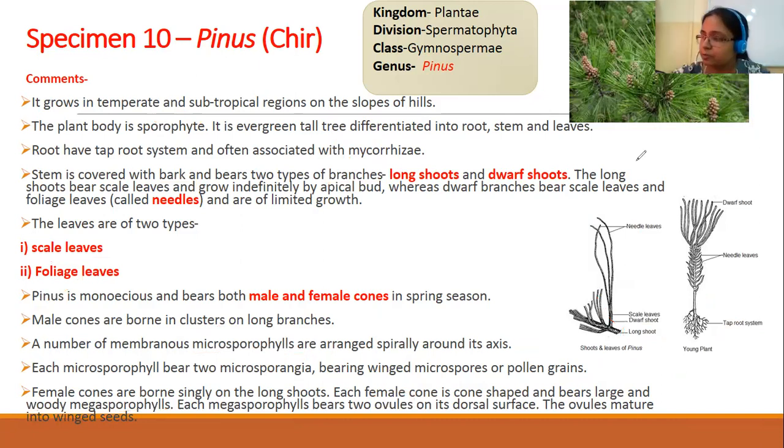Now we also have the specimen of it. I show you a specimen. Here you can see this is the specimen of Pinus. Here you can see this is the long shoot bearing numerous needle-like leaves on it. If this specimen comes in the exam, you have to write 2 to 3 comments on it. First, you have to identify it. Yes, this specimen is of Pinus, which we commonly call as kir. And you have to write any 3 points that I have explained to you, and you have to draw one labeled diagram like this. That's enough. But you have to explain male and female cone. Don't forget to write it in the exam when this comes as a specimen.